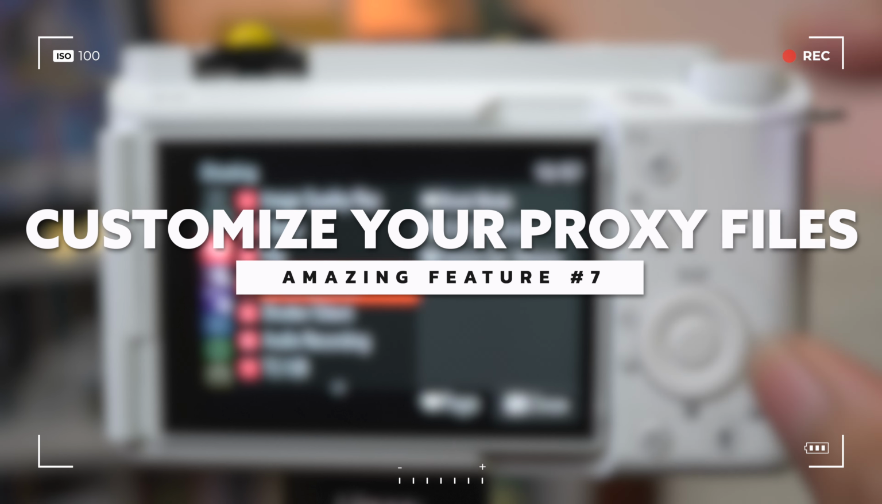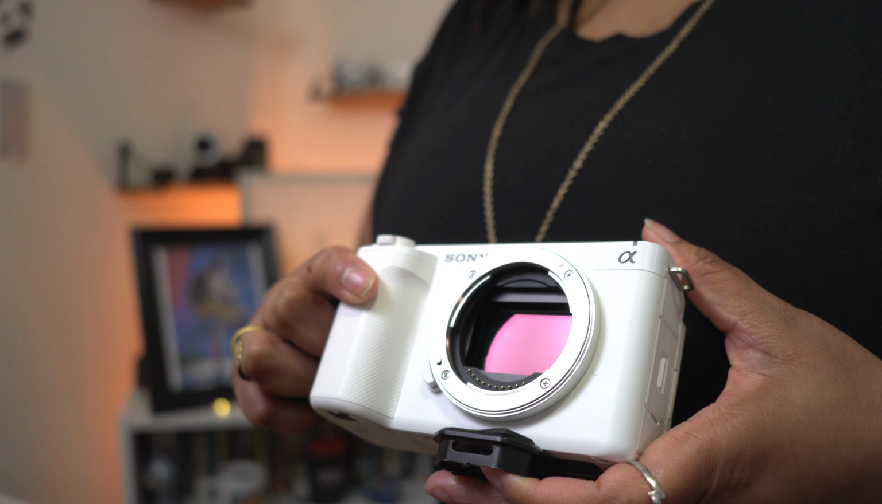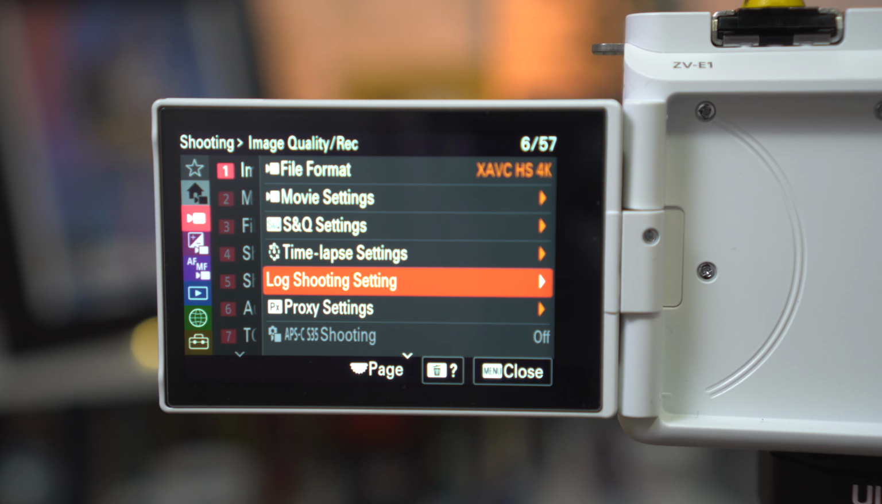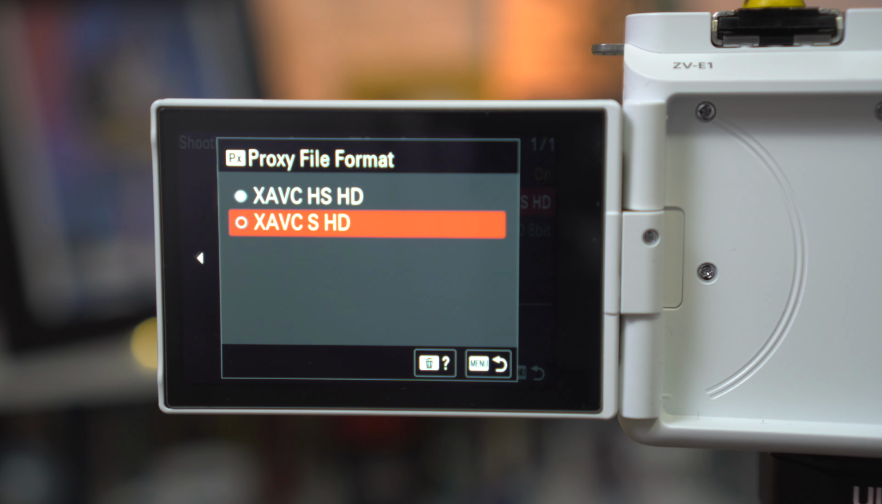Now, this next one is something that not a lot of people think about, and that is the ability to customize your proxy files. And this is something I do believe is coming down again from the A7S3 FX3 lineup, because you do get a ton of video customization with those cameras. But in the Sony ZV-E1 and some of the other similar cameras, but again, for this video, I'm going to stick with the Sony ZV-E1, I can actually choose how high a resolution I want